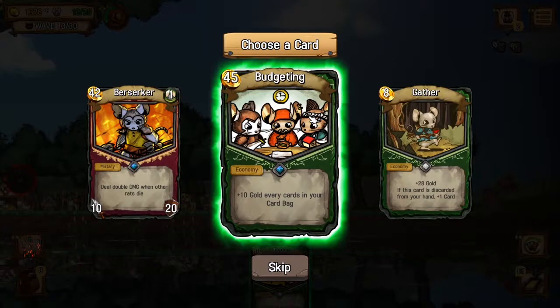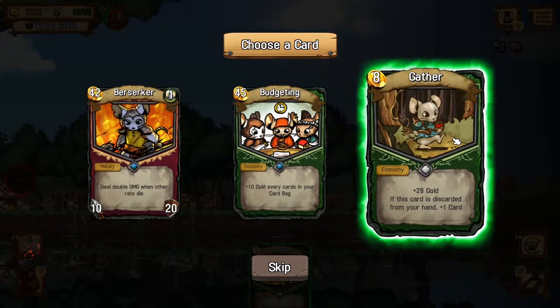Budgeting. Plus 10 gold every card in your card deck. Budgeting will get a lot more powerful the further in the game you are at right now. It's actually a really powerful card. I have 21 cards altogether, so that could be a really big boost. And then Gather, plus 28 gold. If this card is discarded from your hand, plus 1. I used to use Gather for my...